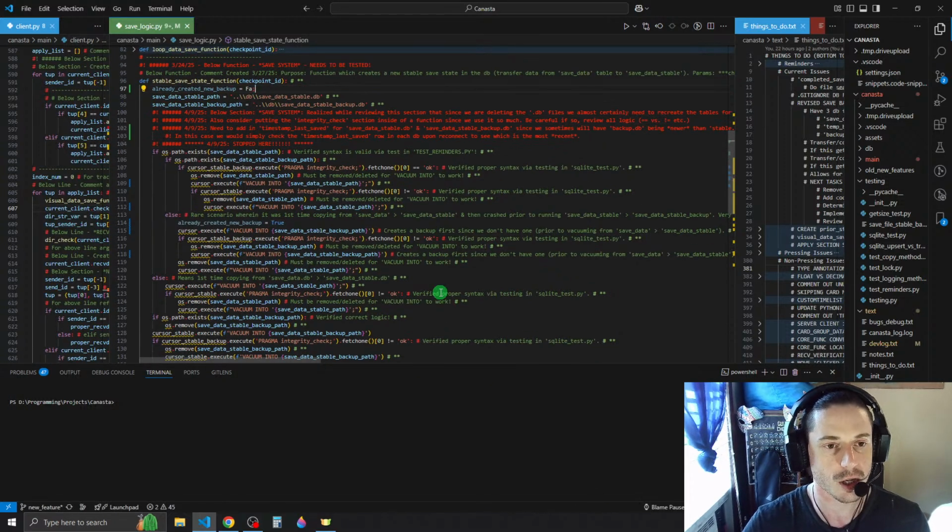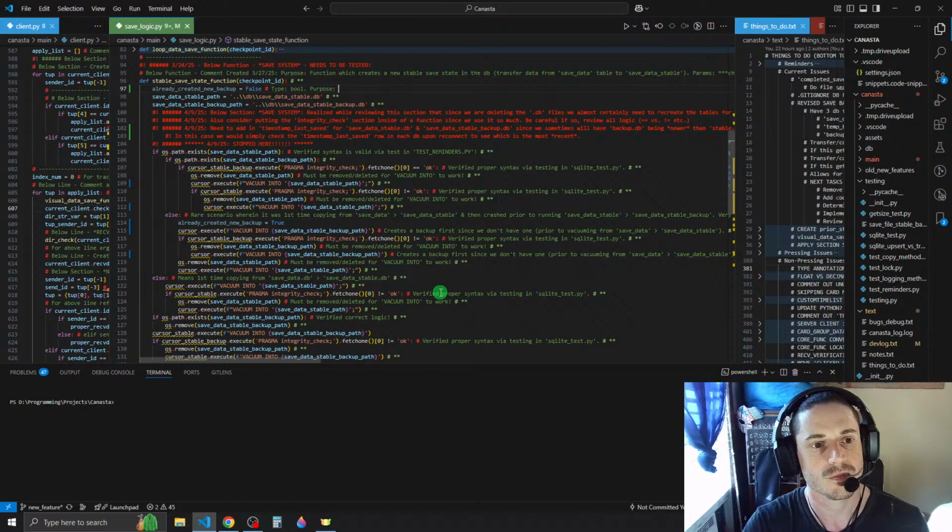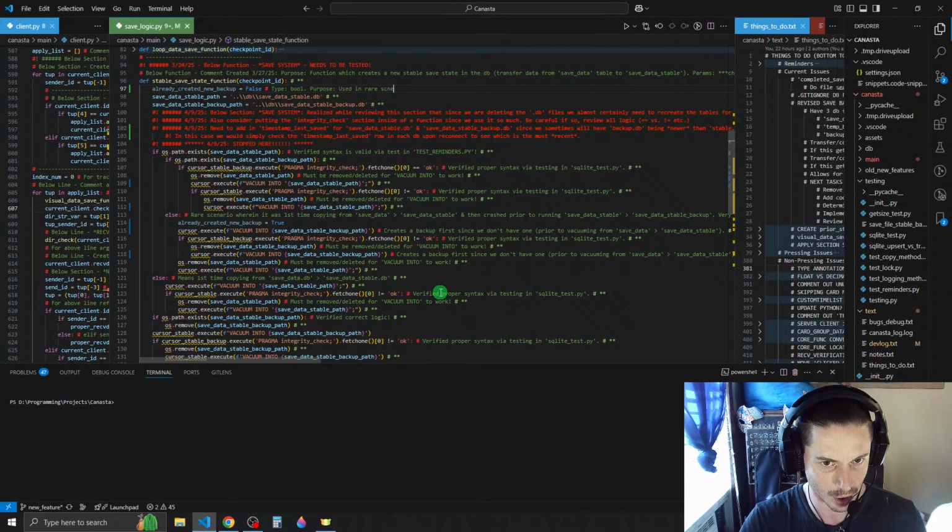So we'll initially have this set to false, and this is going to be a type bool. Its purpose is used in rare scenario wherein